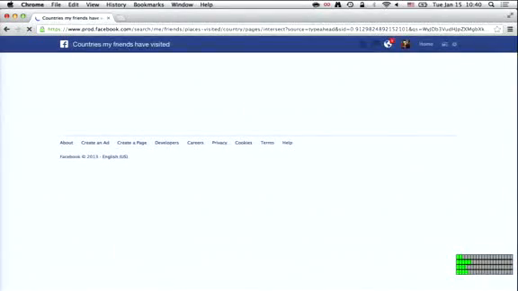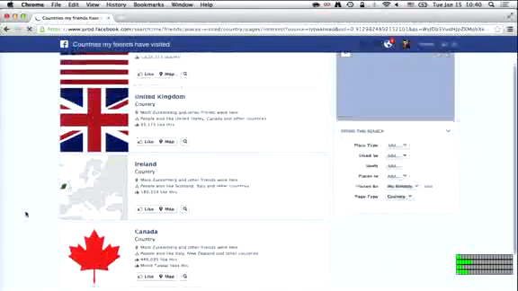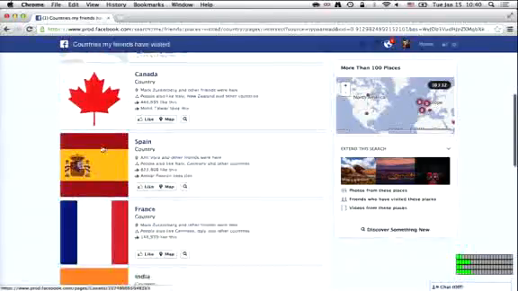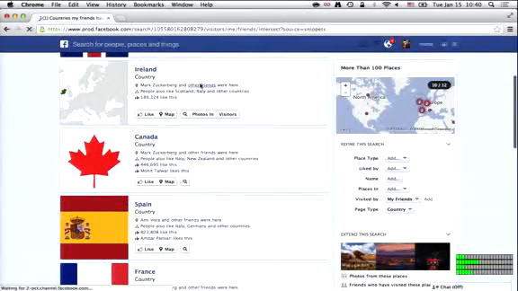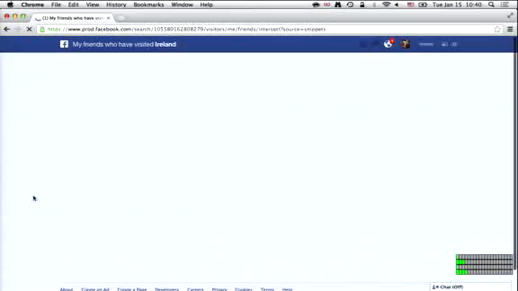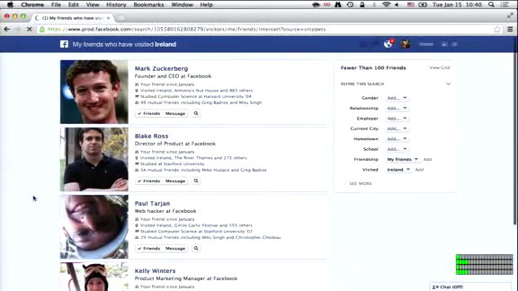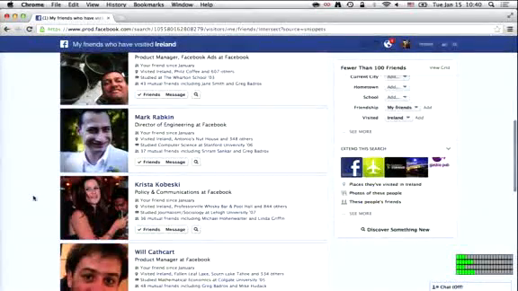So you can search for restaurants, bars, dentists, all kinds of places. You can search for tourist attractions. You can search for museums. You can search for cities or even countries. If you want to go on my next vacation, I'll look for countries my friends have visited, like this. And here you will see a list of all of the countries my friends have been to. We've talked about Ireland before. And of course, I can just go and click here and see exactly which of my friends have been there. And maybe I'll ask them, hey, Mark, whether that Bordello place is in fact the right spot, okay? So that's places. Back to Tom.